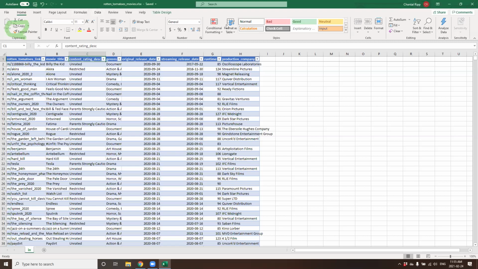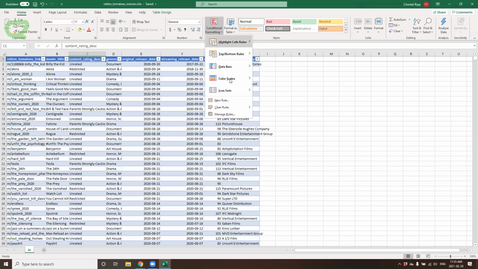Under your Home tab here, you have the icon Conditional Formatting. And you have various options. There is the highlight cell rule, which gives you certain parameters, a top to bottom rule, and a data bar rule that allows you to define gradient color scales. This type of conditional formatting wouldn't necessarily work with the type of data that we're looking at today. But one example that I'm interested in exploring is using conditional formatting with the parameter text that contains.